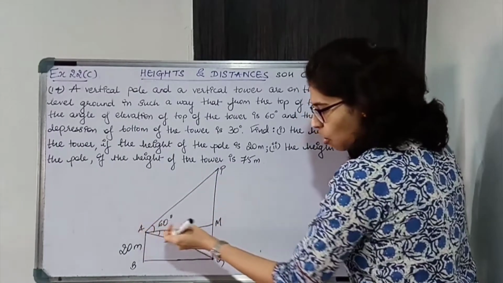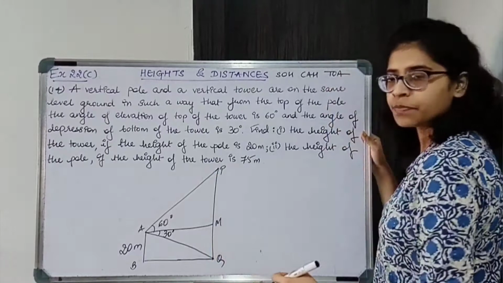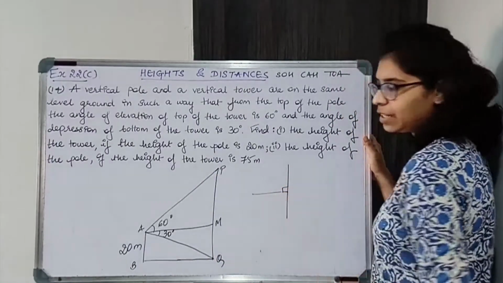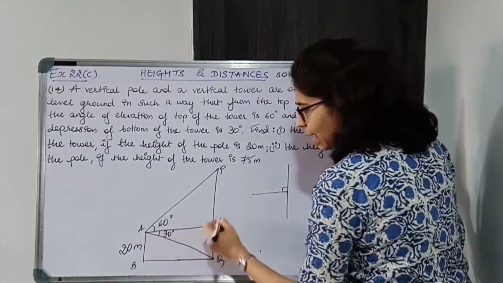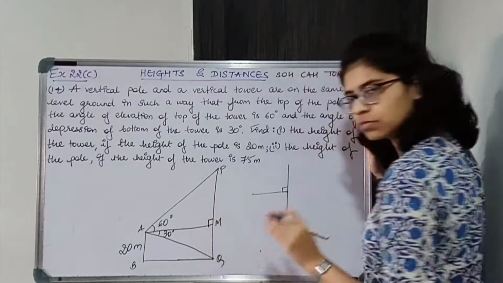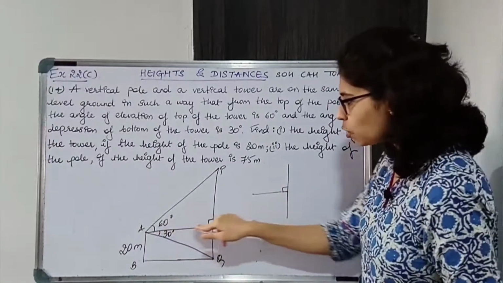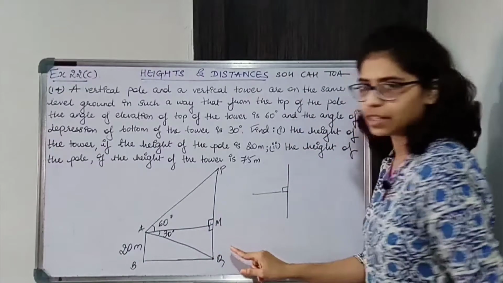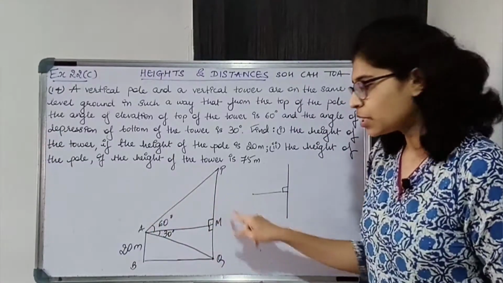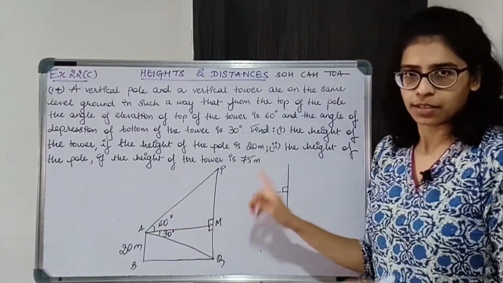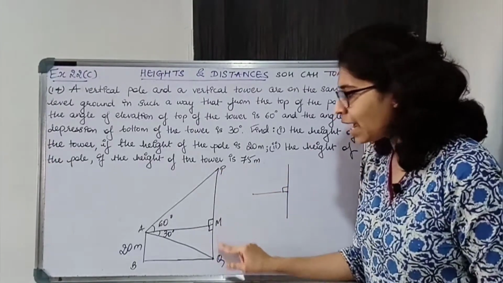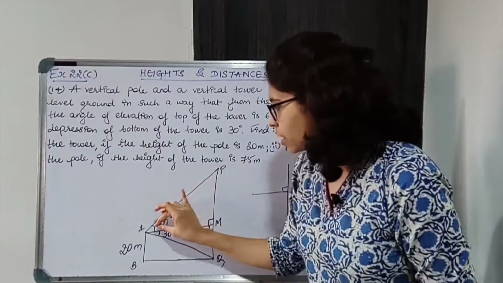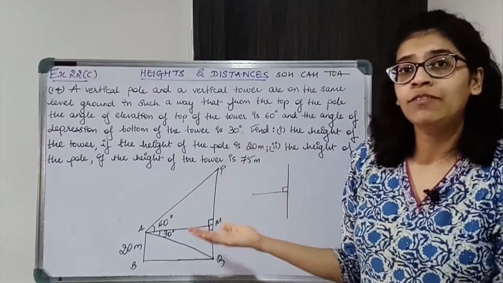Why? This is horizontal, this is vertical. Horizontal line and vertical line always form a 90 degree angle. Okay, so AM is perpendicular to PQ. This is horizontal, this is vertical. Now since this is 90, by linear pair this is also 90. So PMA is a right angle triangle, QMA is also a right angle triangle. I need to find PM and MQ. PM I will get from this triangle, and MQ, let's see how we'll find.